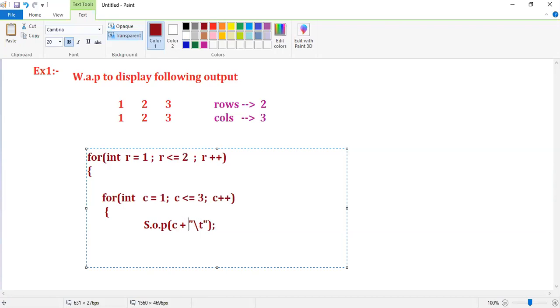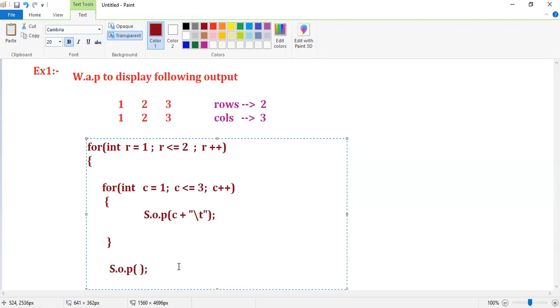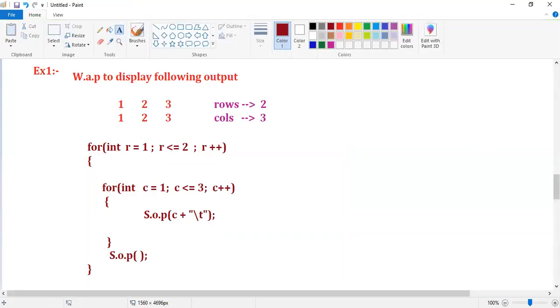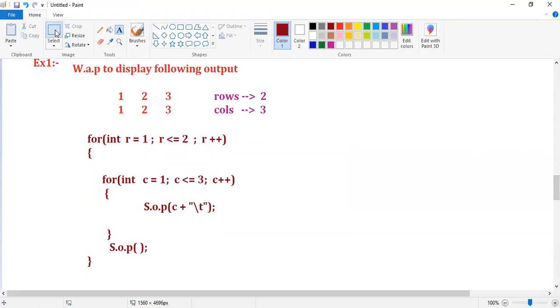The column value I'm displaying, tab space I need, and close. Nothing else, only this is the statement which we have to mention. And then here System.out.println, that's it. Mention the System.out.println statement and close the bracket. Guys, this is the logic which is used to display the above output.